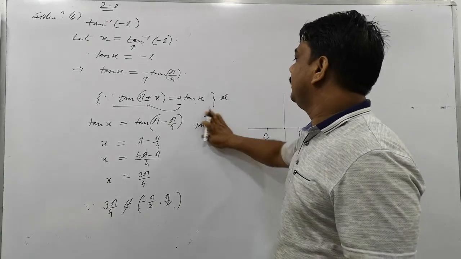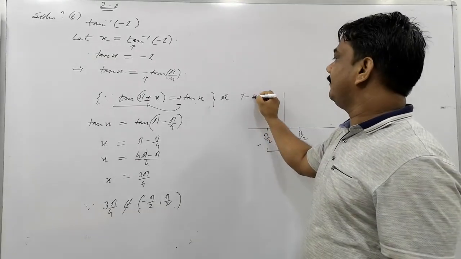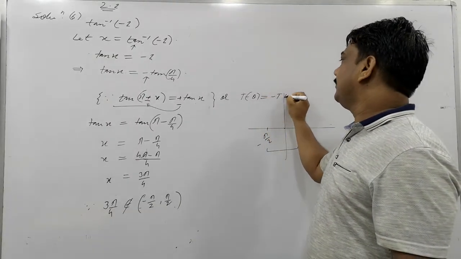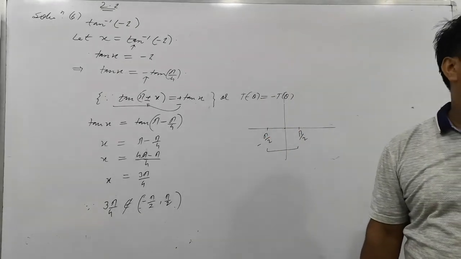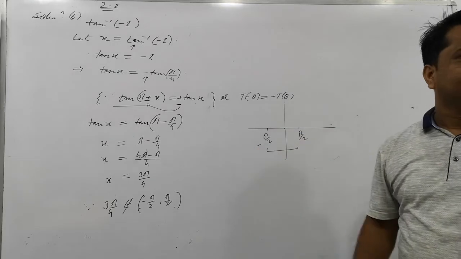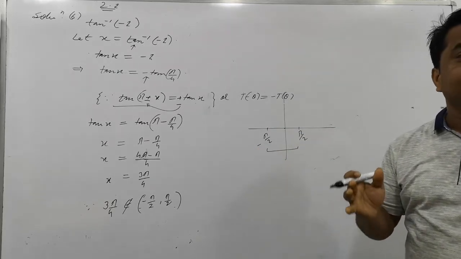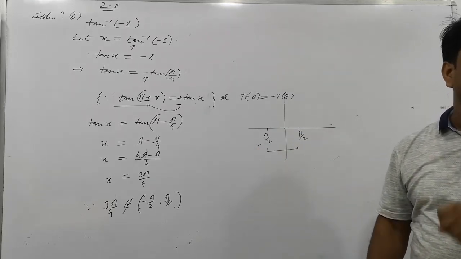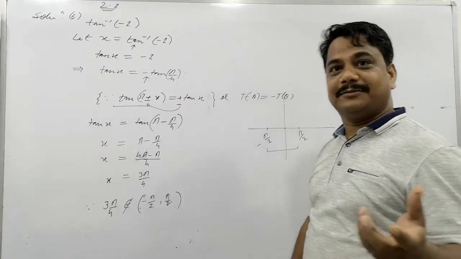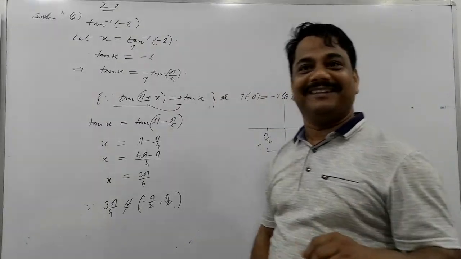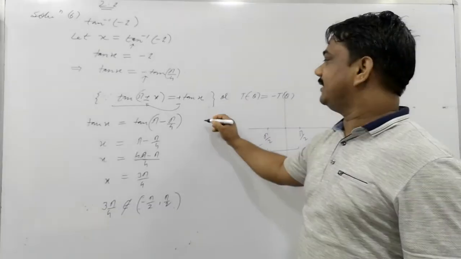Another formula also I am telling you: tan of minus theta. Do you remember? Minus tan theta. Is that clear? This is positive for only second quadrant. Is that clear or not? So do you remember the identity formulas you studied in the 11th class? They are coming into great use here. Clear or not? So 11th class is to be studied very properly.